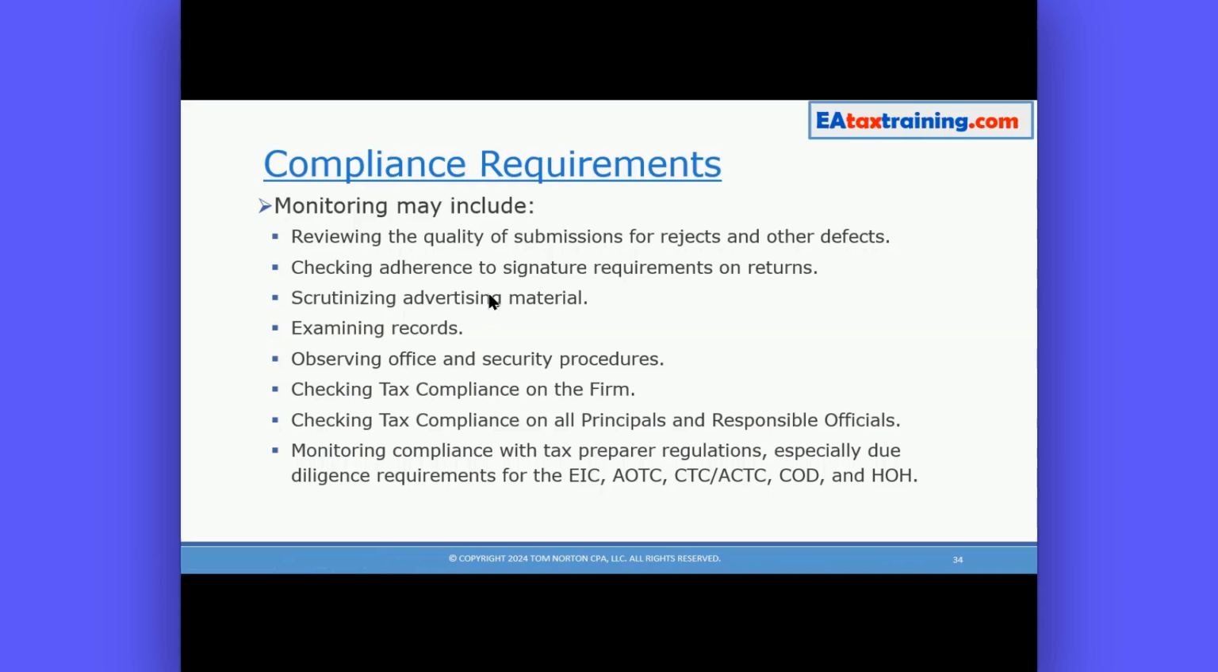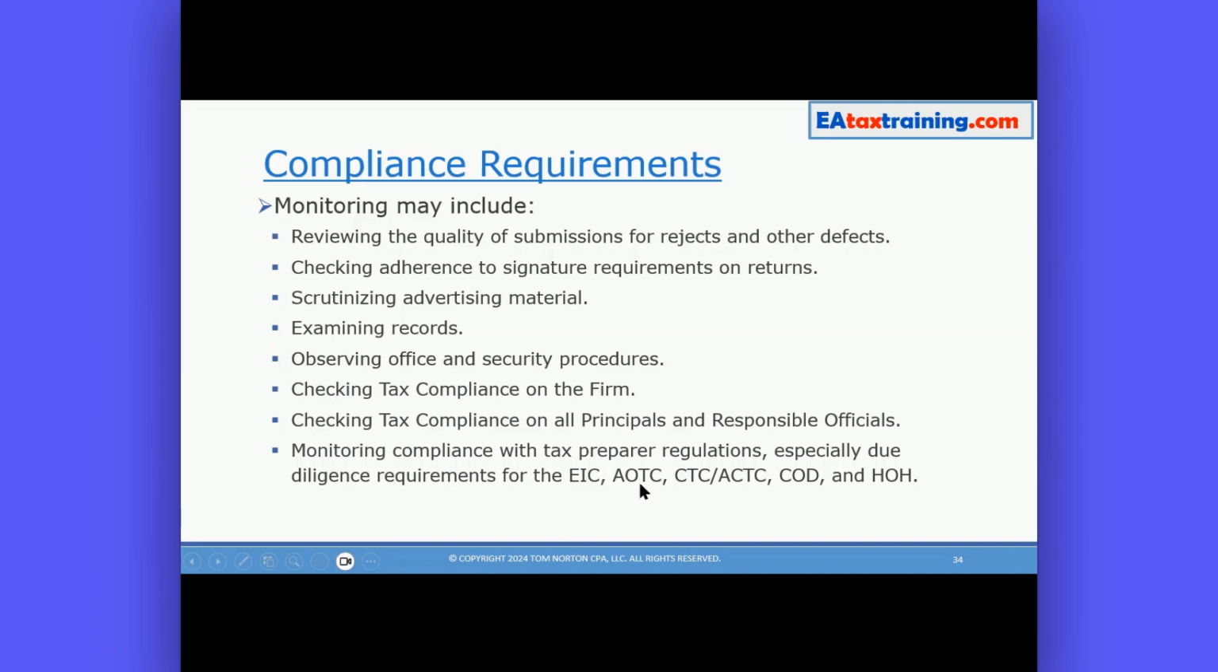So you always want to get that 8879 signed, and then you're going to keep copies of those. They can look at your advertising material. They can examine your records. They can observe your office and all of your security procedures. They can do those compliance checks both on your firm and on you and any other individuals who are principals in the firm. And then they also will monitor your compliance with all tax preparer regulations, especially the due diligence